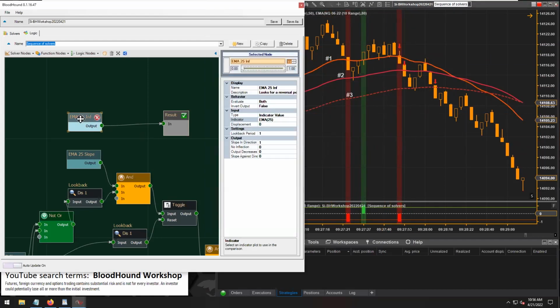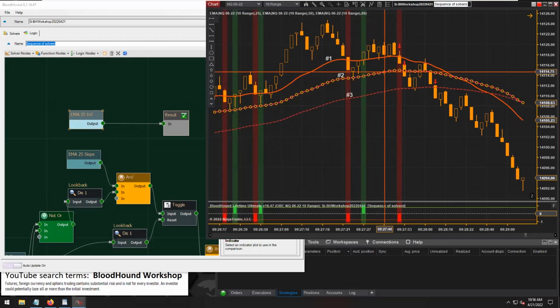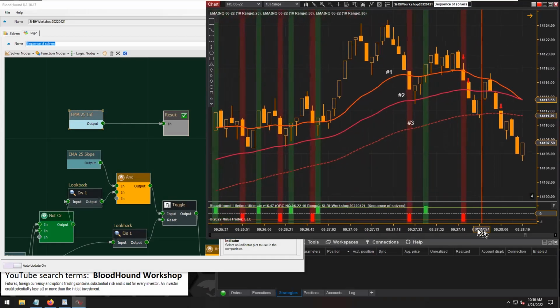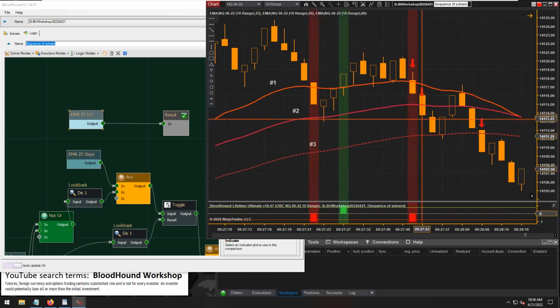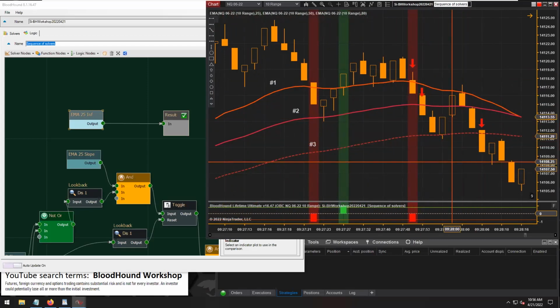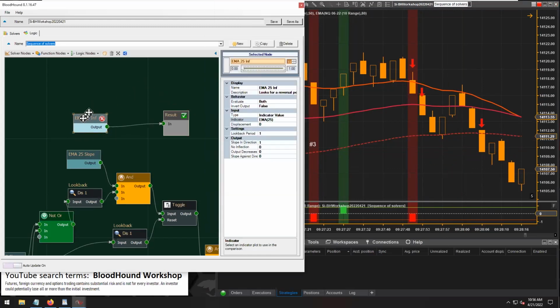And of course, if I had an inflection solver for the middle EMA, we would see a single signal, right? There would just be one signal on this bar where my cursor's at. So visually, looking at this, it would have been a lot easier if I could have used all inflection solvers,